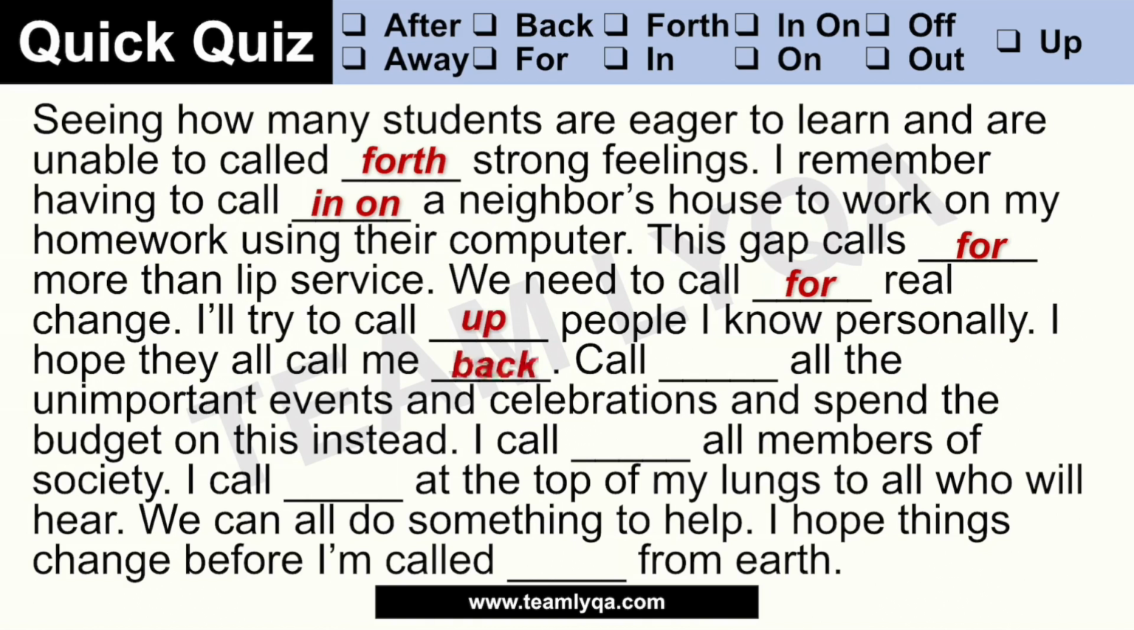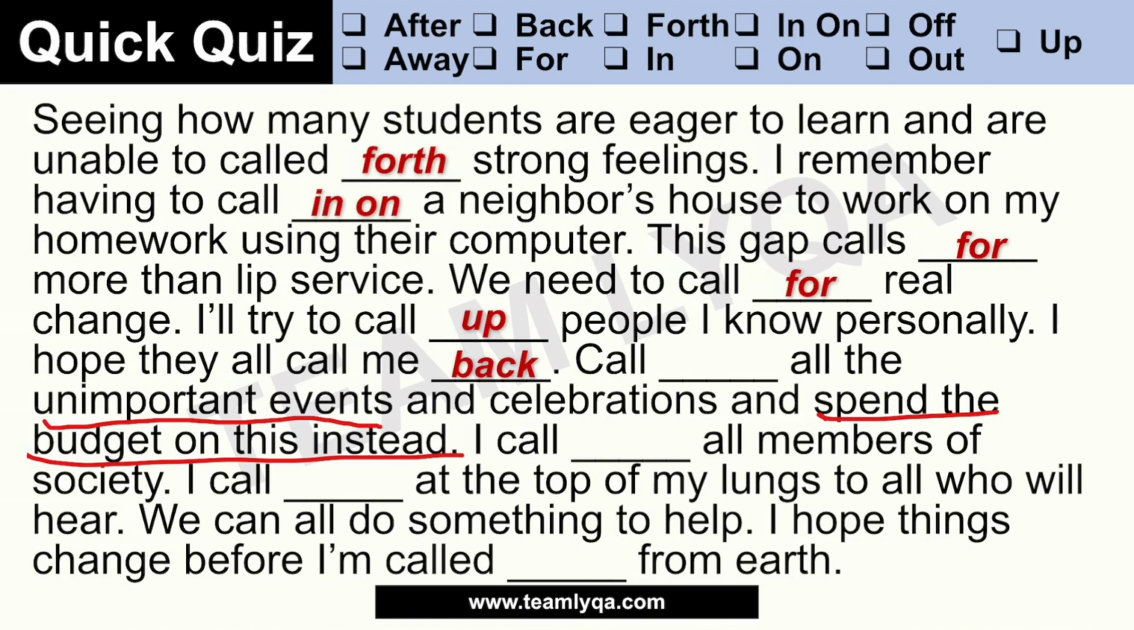Call blank all the unimportant events and celebrations and spend the budget on this instead. So, ano sinasabi? Ano pinag-uusapan? Unimportant events. Tapos ano daw gagawin? Spend the budget on this. So ano kayang hinihingi ng author? Ang hinihingi ng author ay, i-cancel nyo na yung mga events na yan, yung mga party celebration na yan, lahat ng pagkakagastusan. Tapos gamitin nyo na lang yung pondo or yung pera sa pagsuporta sa mga students na nangangailangan ng